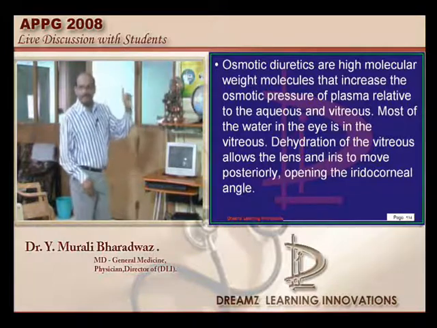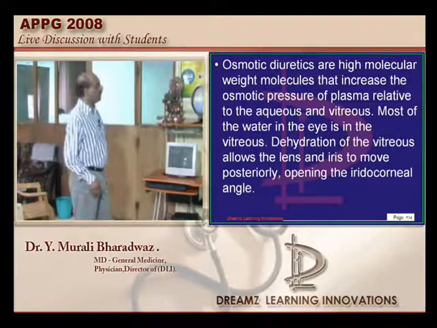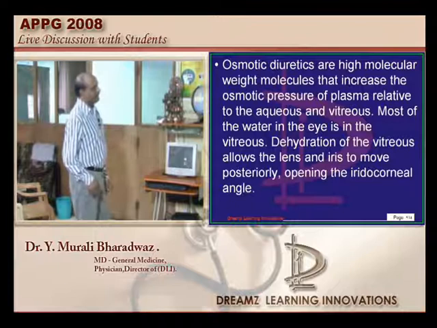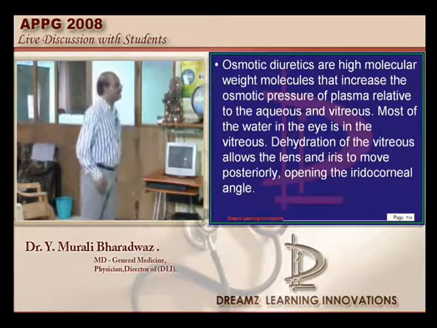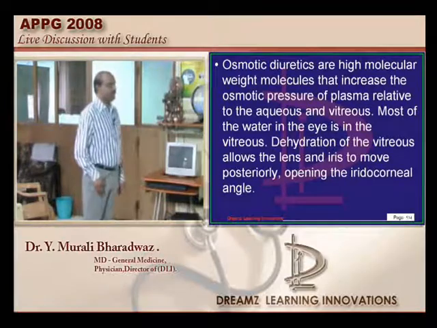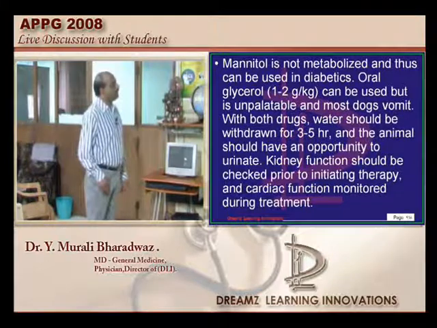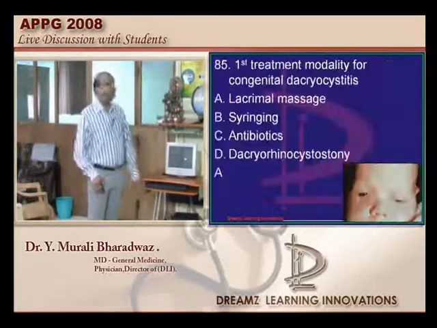I think, is it an except question about it? Which is the mechanism. Okay. The second mechanism available is that it also basically causes a decrease of the production of the aqueous humor, especially when it is given in a concentration of 1 to 1.5 grams per kg, which needs to be remembered. So anyway, decreased production of aqueous is the main mechanism of action. So B should be the answer.